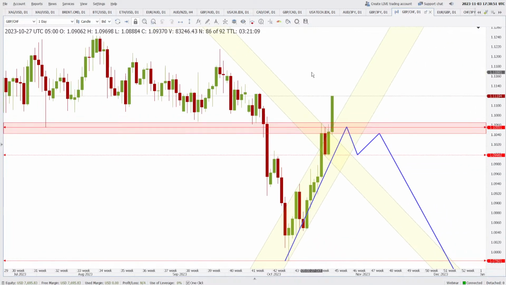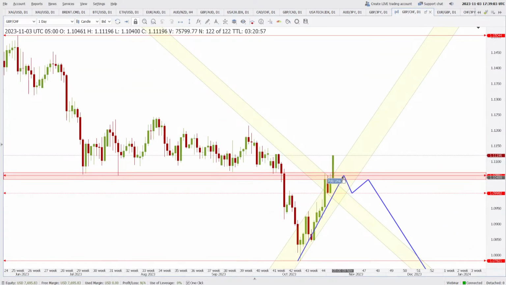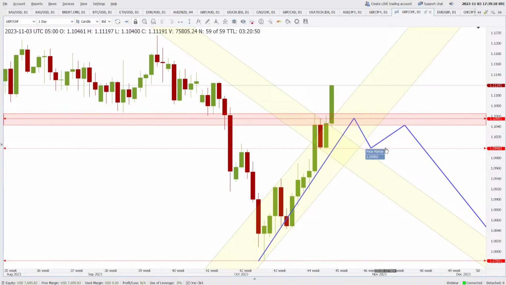GBP CHF, my friend wanted to short this market. Okay, who is my friend who wanted to short this market? I remember yesterday we talked about it, that after a move up, when the price came here, it is acting as a support. So this was possible, and that is exactly what happened. I said that we will sell this market below 1.0998, but that did not happen.